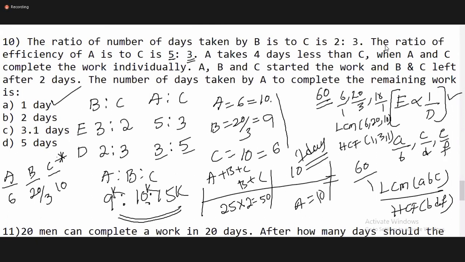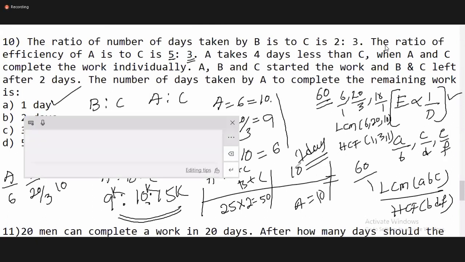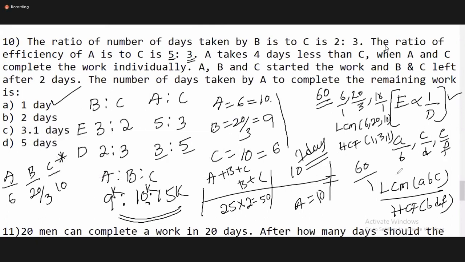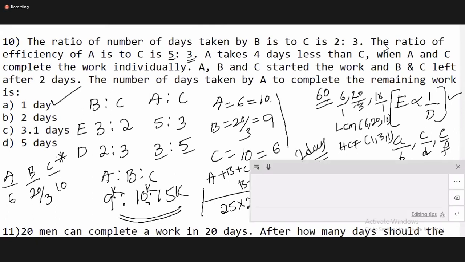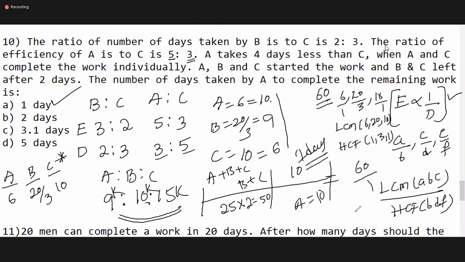I need to satisfy everybody. You can take any multiple of 3 also, that's totally fine. But you have to multiply and divide with the same thing. Or you can multiply everything with 3, that is also fine, because you don't have a denominator at the end of the day.